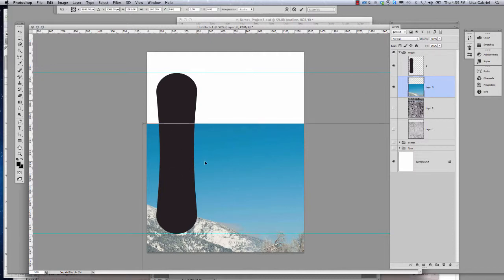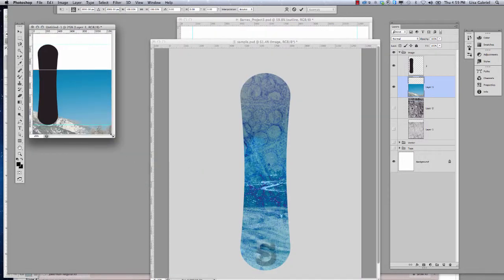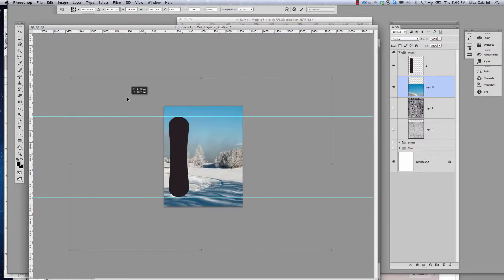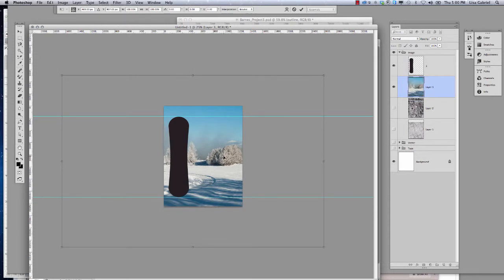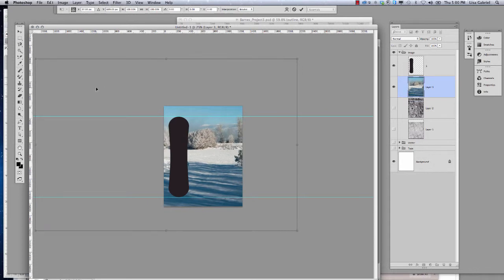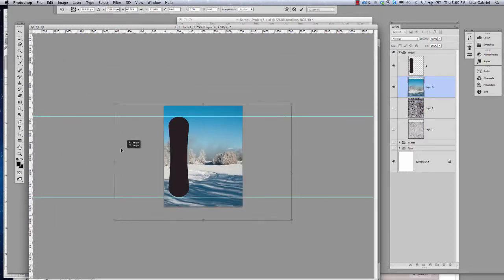And notice that if I Command minus this down, you can kind of see, let me open up to the pasteboard here, you can see this image is gigantic. I mean, because it's way out here. If I move it into view here, you can see that I have this big image that I'm working with. So I'm going to hold down my Shift key to constrain the image. And again, some of you got marked off for this on the first project, so it's very important that you hold down the Shift key while you size images. And I'm going to size these down